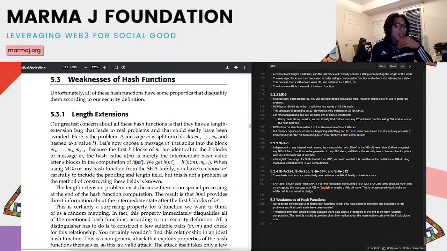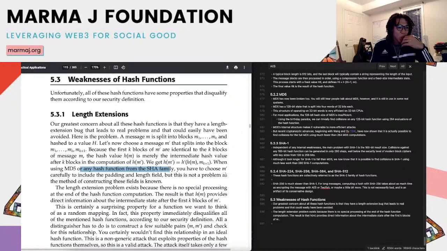We get the hash of the new message actually equals this other hash: the hash of the first message hashed with the message block K plus 1, like the extension. So when using MD5 or any hash function from the SHA family,